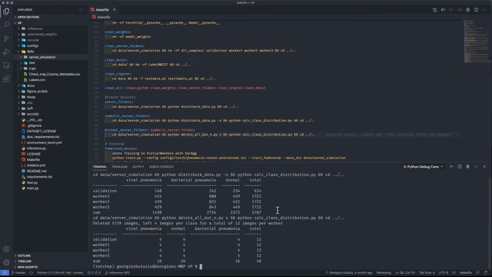And this will by default create a super small data set of 4 images per worker and the validation set of 4 images. This is obviously not meant for any serious training or validation. This is just if you want to try something out and you just need a couple of data sets, you need to debug something, you need to run something, and you can change this number here, this 4, and